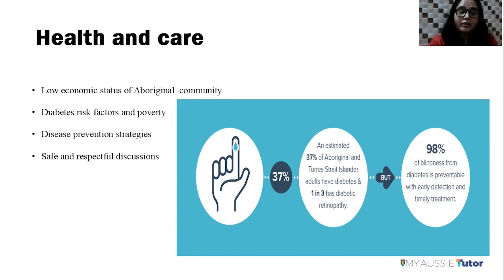Therefore, the health yarning cycle can be employed for the people affected with diabetes who belong to the Aboriginal community. In this way they will discuss the disease prevention strategies. In a similar way we discussed the fall prevention strategies, and this yarning cycle will ensure safe and respectful discussions where the information will be shared from one individual to another, and their information will be transmitted to other people as well, so that they can employ and ensure the safety